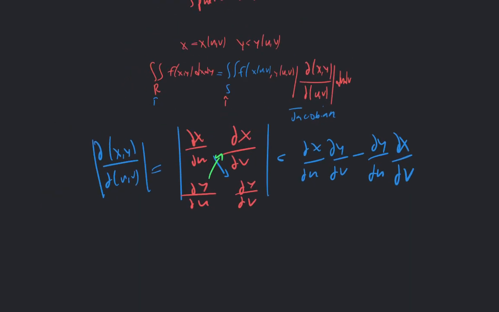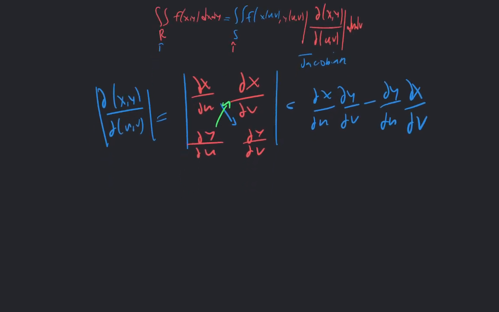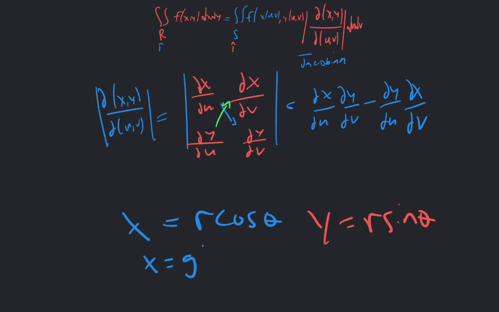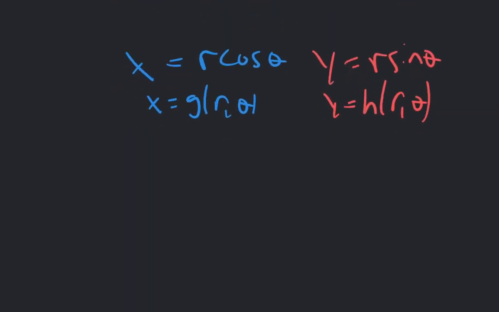Let's say we're working with polar coordinates. Polar coordinates is a 2-dimensional substitution, so you can have x is equal to r cosine theta, y is equal to r sine theta. So we can say x is equal to g of r, theta, y is h of r, theta. So when we find our Jacobian,